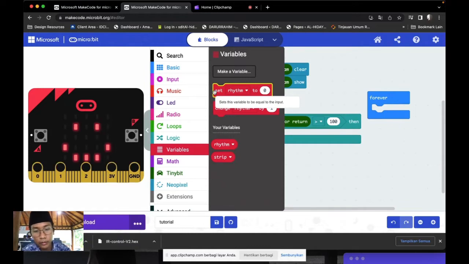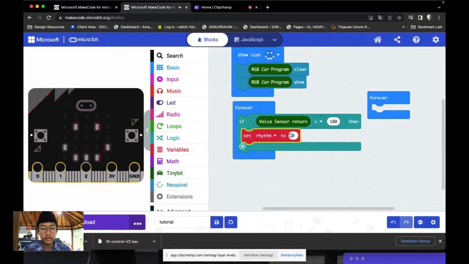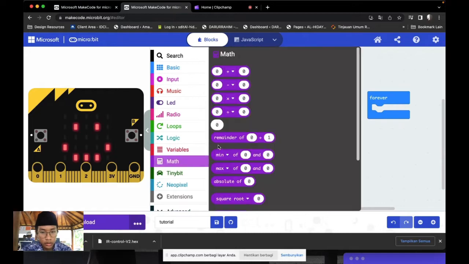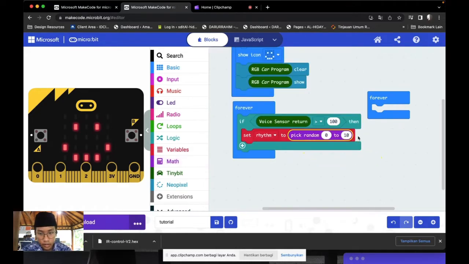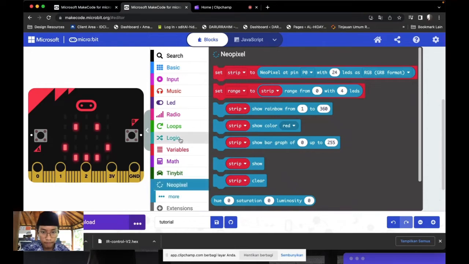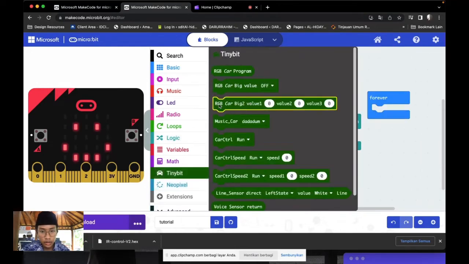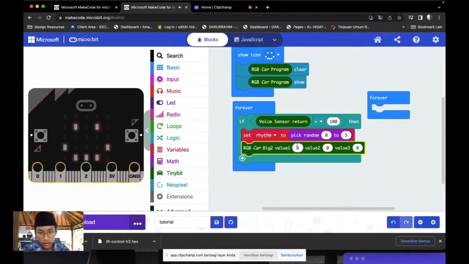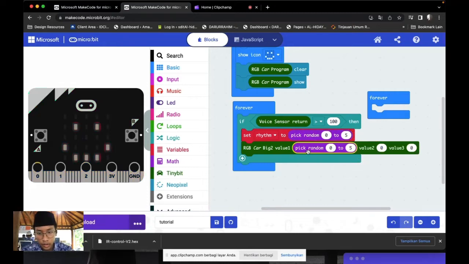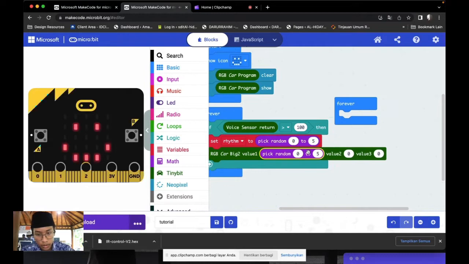Oh yeah, you create the variable rhythm first. And after that, ultimate and pick random from 0 to 5, and you can of this RGB car value 1, value 2, and value 3. Oh yeah, and after that, copy paste this pick random and change to from 5 to 1, 200, 15, and 5,